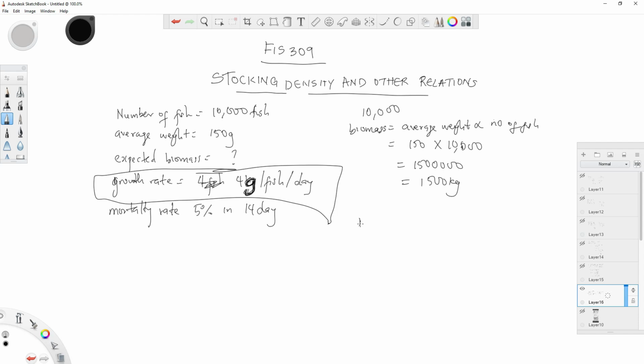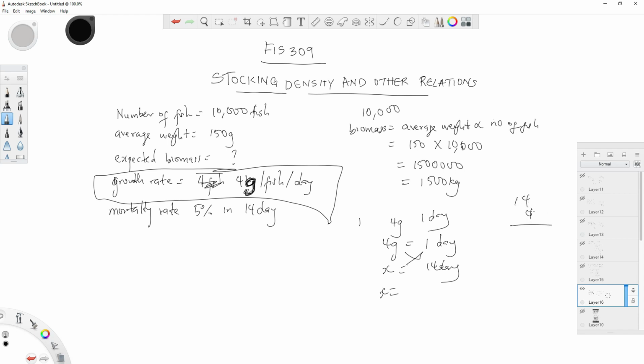One fish accumulates 4 grams in one day, sorry, one fish. So how much will that fish accumulate in 14 days? Cross multiply, that's 4 times 14,